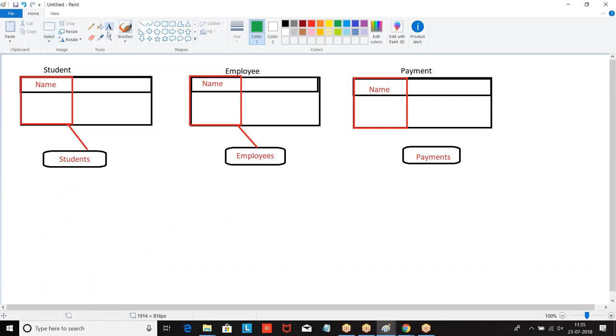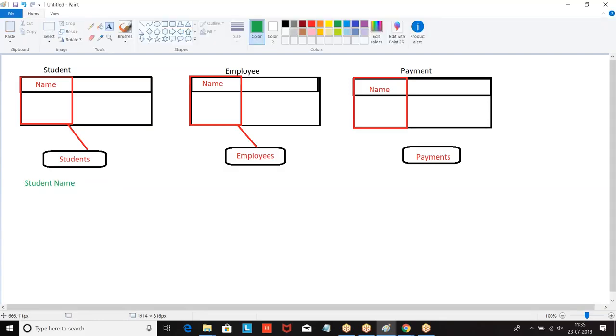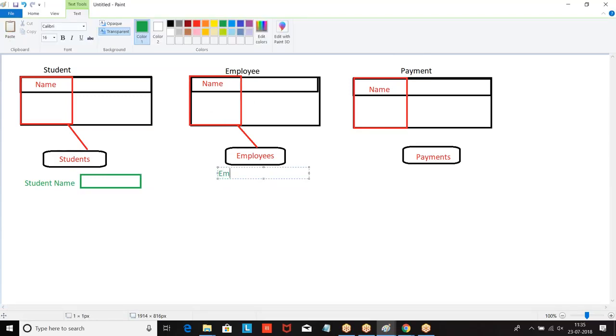Now in this field, I am storing student name. So how do you want to display it? You want the field to be displayed like this, student name, on the UI. Now this is employee. In the employee field, you want to store employee ID. When I say employee ID, people may feel it is employee name. If you display name, people may feel that it is employee name. But actually, what are you storing? ID you are storing. So what should I do?